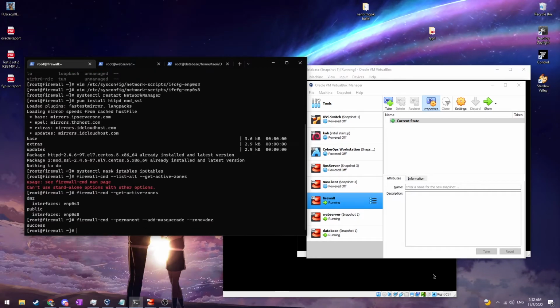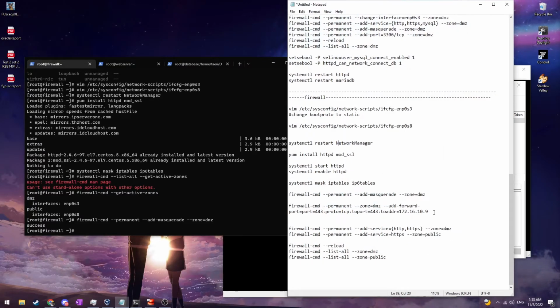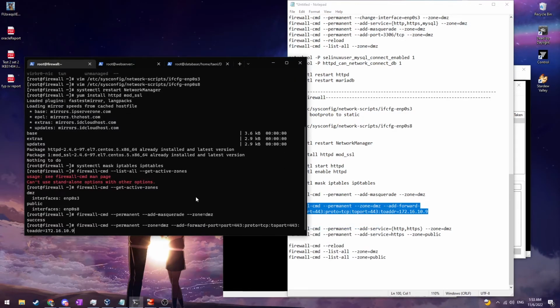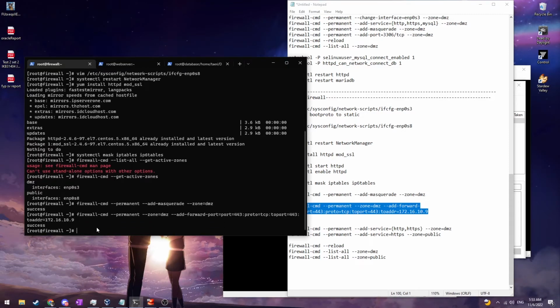So, success. Next we need to forward port 443 to port 443, which is to the address of the web server. By using this firewall-cmd command, this is a long command, so I need to copy it. Here we can see that the firewall is set to permanent on the DMZ zone, and forwards the port from port 443, which is the TCP protocol, to port 443 at the address of the web server. So enter, and then